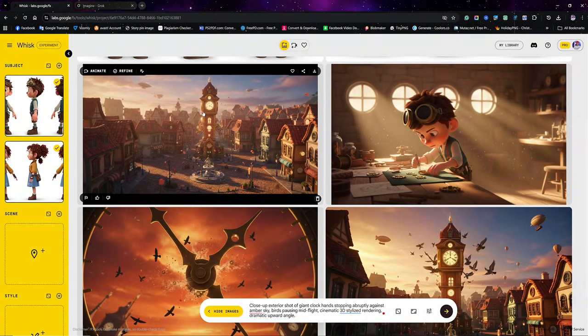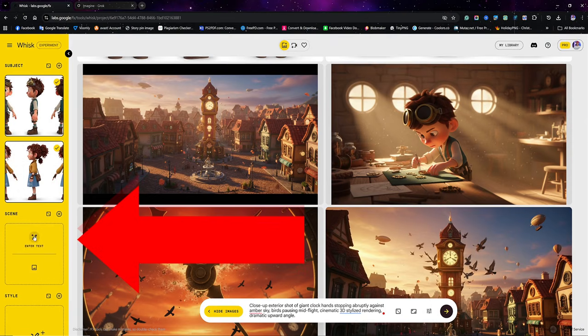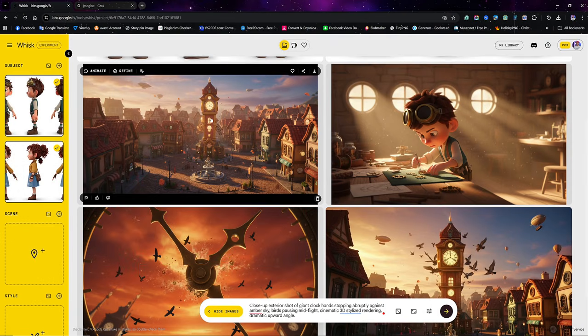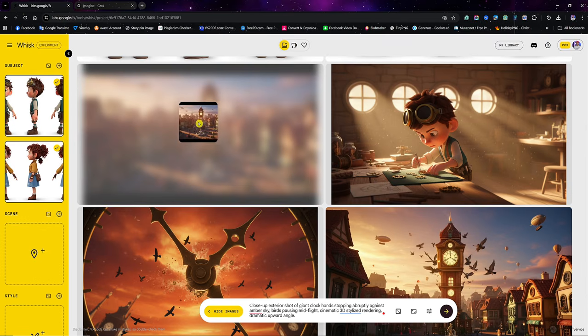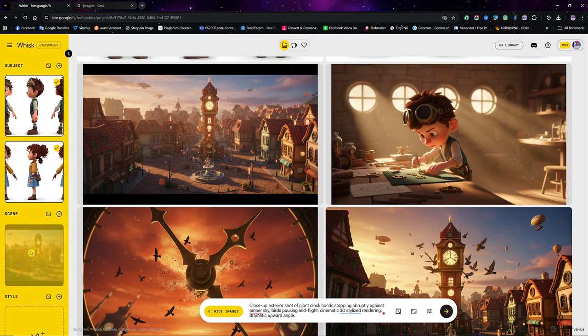So how do you do this? Well, I'm going to use the left panel of the Whisk website, and where it says scene right here, this is where places go into. What I'm going to do is simply drag scene number 1, because this is where we have the exterior of the tower and the building. I'm going to drag it and drop it into the scene right here, and then Google is going to start